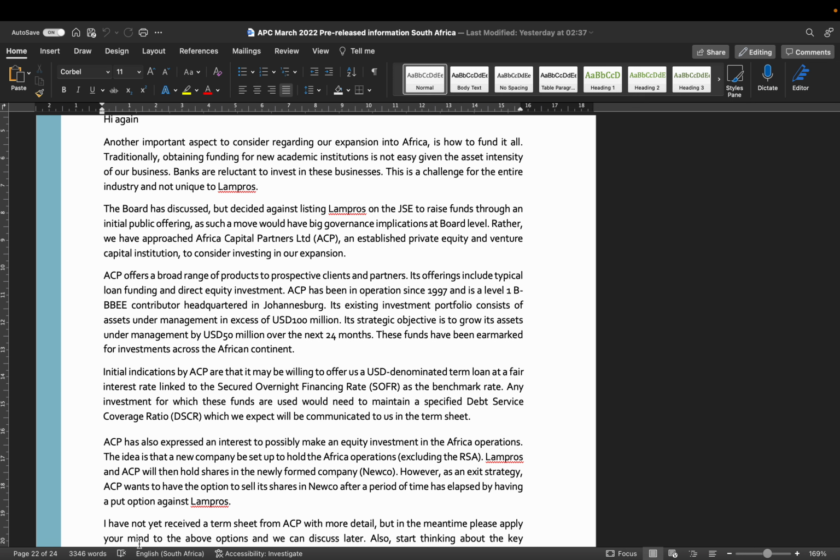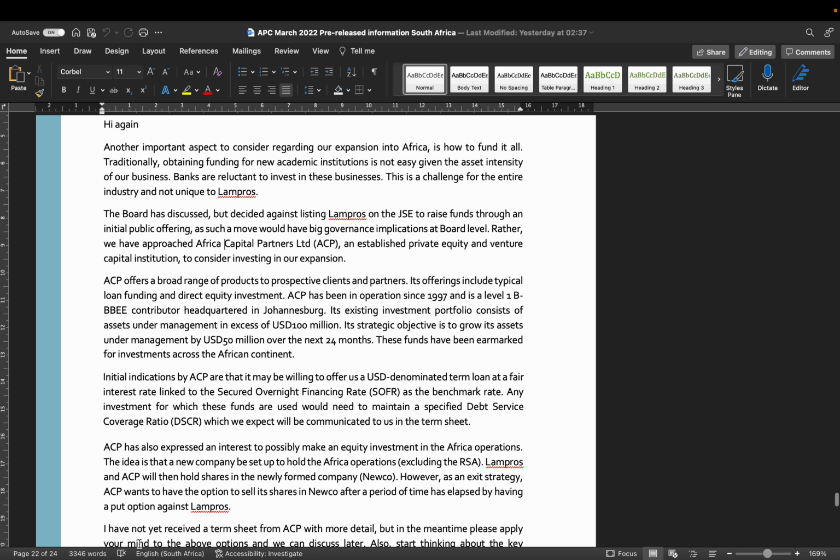Right? So we're getting a little bit of a profile of the potential parties that will be co-investing into Limpros, which is very important, right? You always want to have co-investors if you're going to bring in equity investors that share the same values, that will bring something to the table in terms of growing the company, right? Typically, if you want to bring an equity participant in, you want to try avoid just making it be a money transaction, right? You want strategic shareholders, they are most opportune.